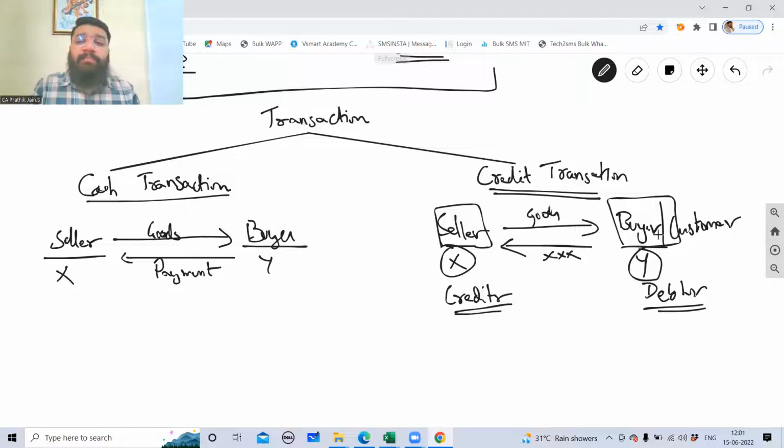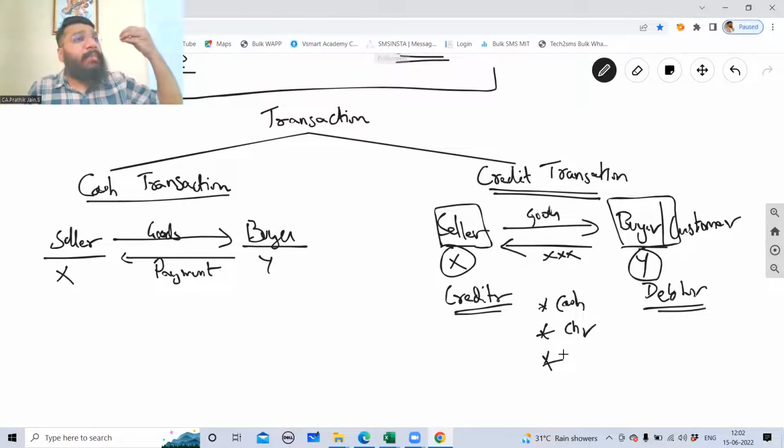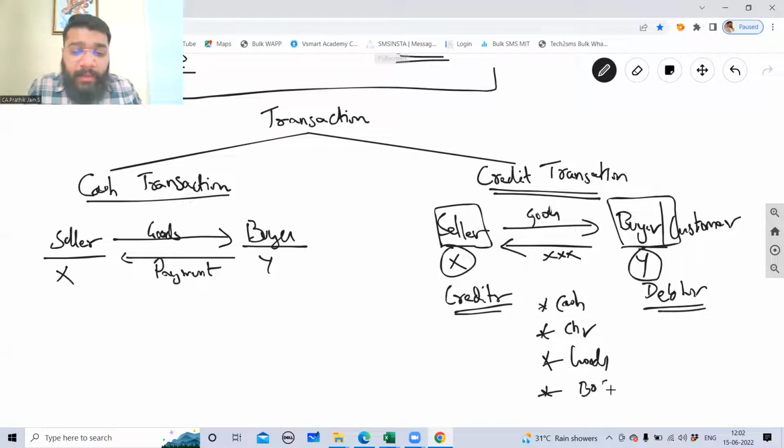Now, in future, whenever this party makes the payment, he can make the payment in form of cash. He can make the payment in form of check. He can make the payment in any other form, such as I'm exchanging goods for goods, barter. He can make payment in form of goods. And the last option is he can make the payment through bill of exchange or a